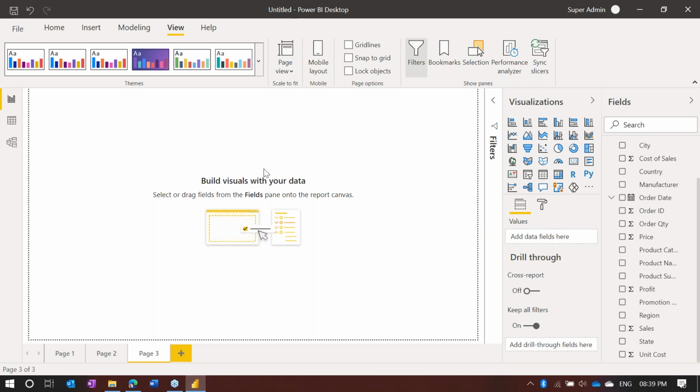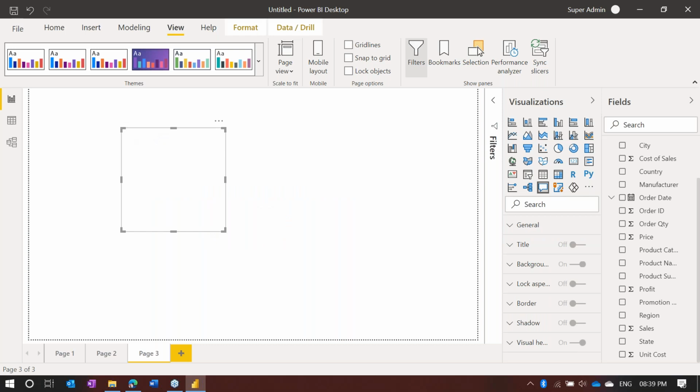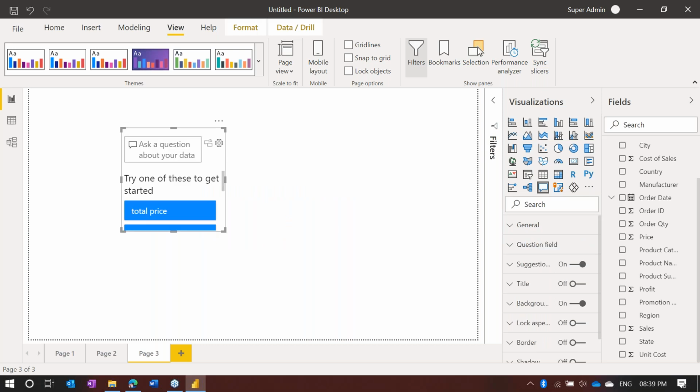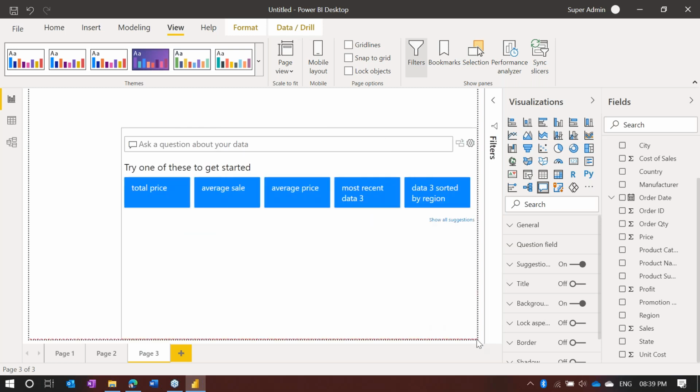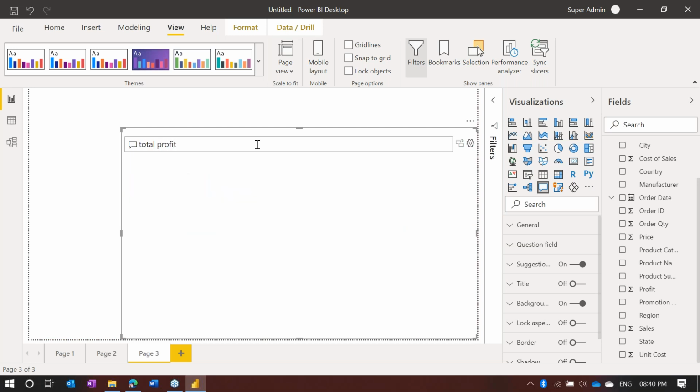So what you can do here is, see, I want to know more about this data. And I do not know much about Power BI. What I can do, I'll just double click on the screen. When I double click on the screen, see here it is giving me ask a question. So what I'm going to do is I'm going to randomly ask questions. So total profit,